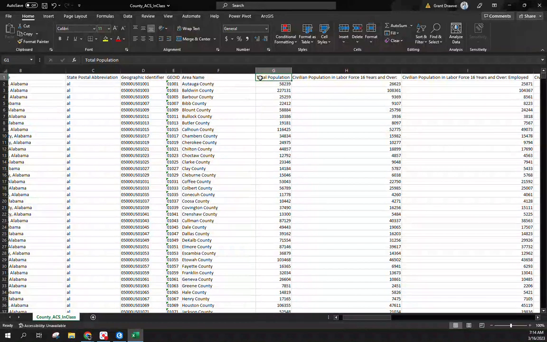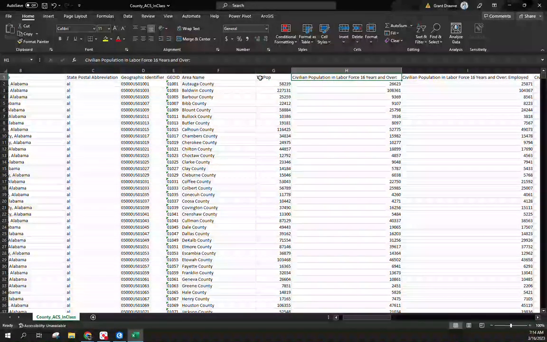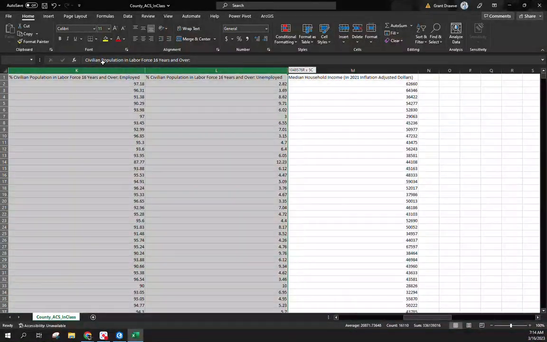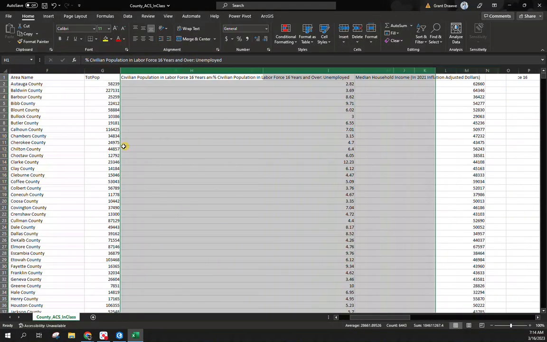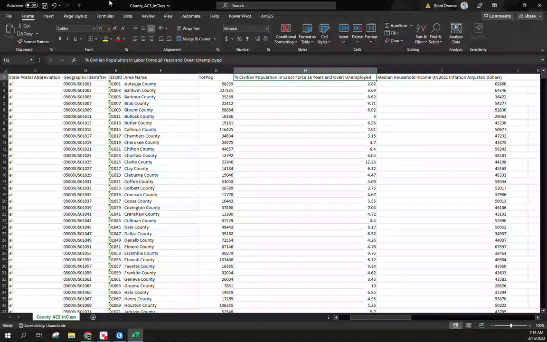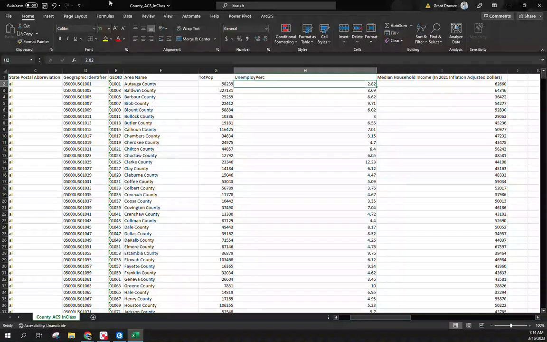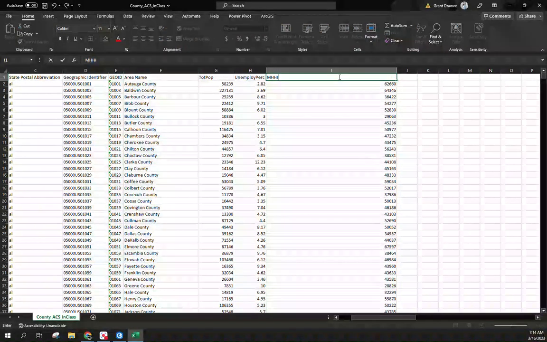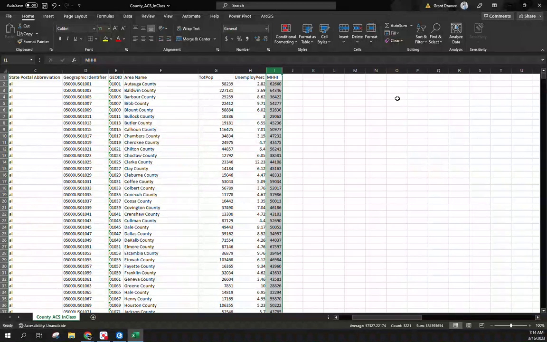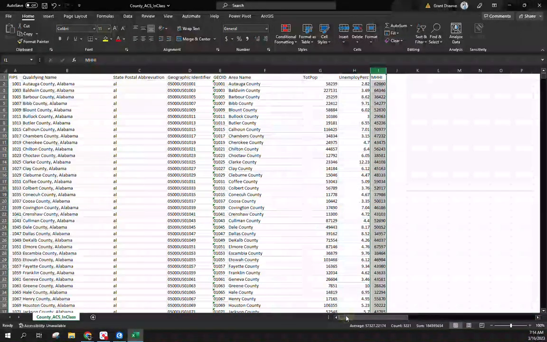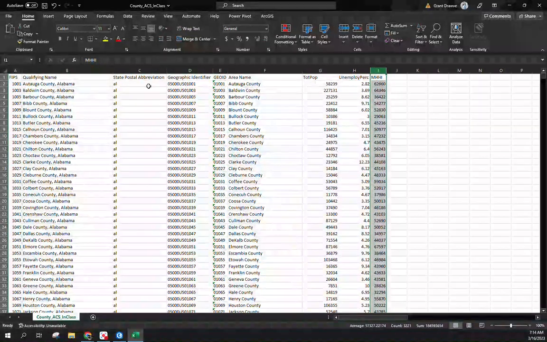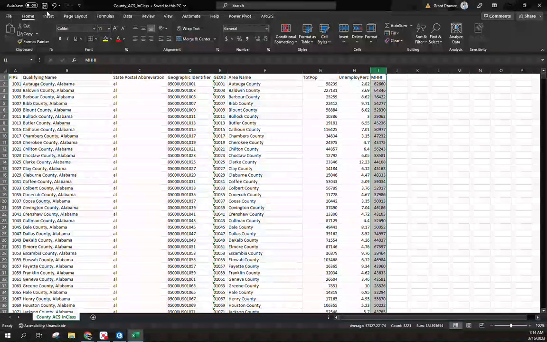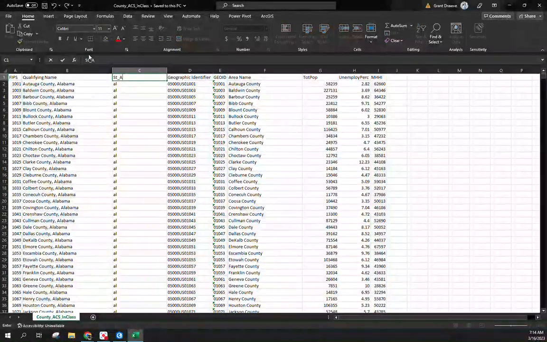So total population here, I'm just going to shorten. This is the actual labor force, unemployed, and I'm deleting over until it says the unemployed percentage because I checked that box itself. So I'm just going to do unemployed percent. For median household income, it is a longer statement, so I usually just do MHHI, median household income. That helps me recognize what it is, and it's a smaller data set now that I can easily work with. You can rename these at any point since you're going to be using them in GIS. Just make sure you're comfortable with what they are and you can remember that. So if you want to do state abbrev,